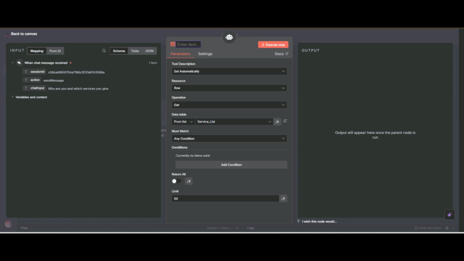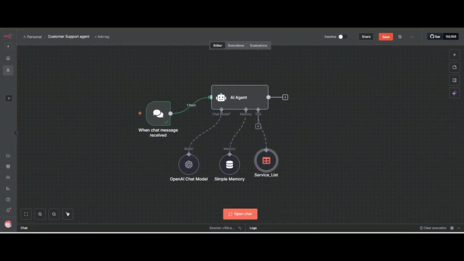You can also change your tool name. I will explain why this is necessary. So you remember the name of our tool, service list. So I click on save. Now our AI agent is complete. No, one thing is remaining.